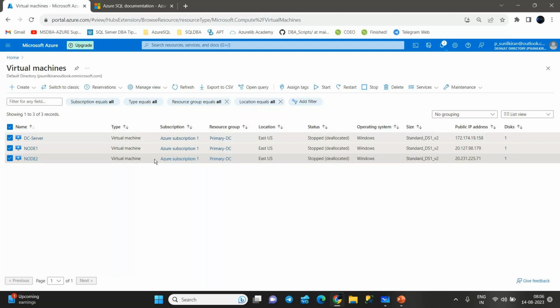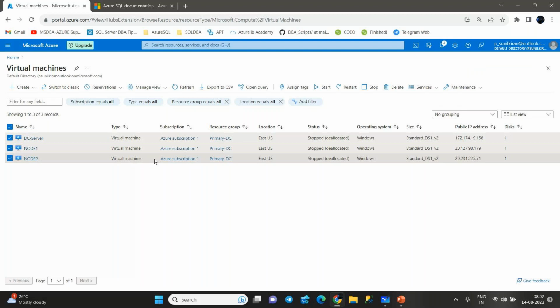Simple, sir, very simple. If you wanted to access your operating system and later on you wanted to play with that operating system, better go for the IaaS platform. If I don't want any access to the operating system, and I wanted to focus on my services and data, then especially you can go for your PaaS platform.